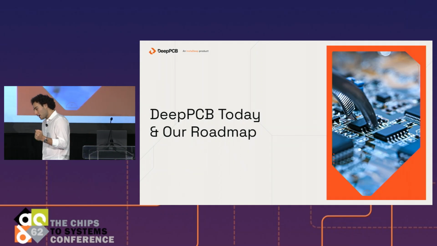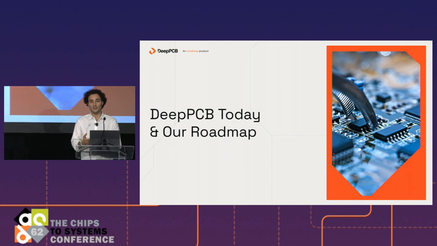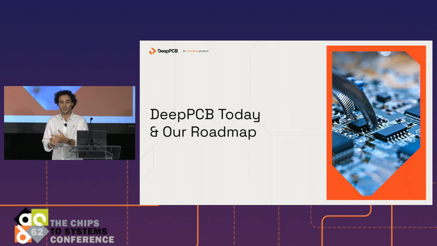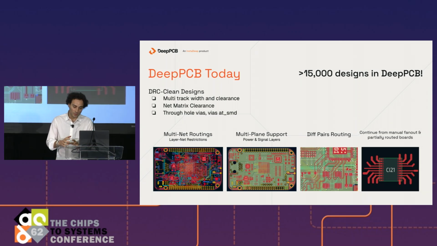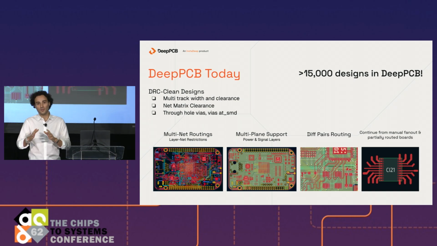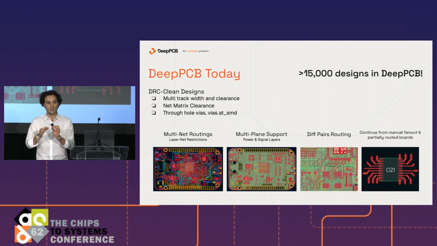Now, it makes sense to talk about the features of support, because we're saying we can place and route. We said that the designs are DRC clean, but there are other things, of course. It's not just about having a DRC clean design that makes sure that the differential pairs are going in the right direction, right? There's so much more. So what we do right now is support all sorts of constraints that you have in standard, let's say, medium-sized commercial/enterprise boards. So we do multi-net routing, multi-plane support. We route the differential pairs,